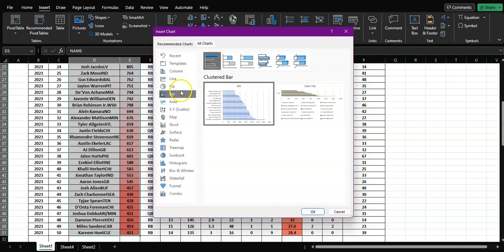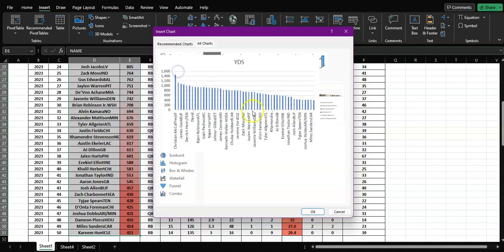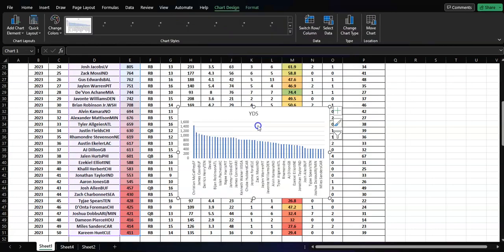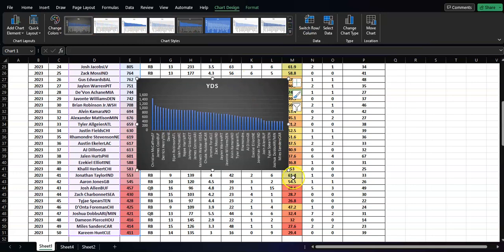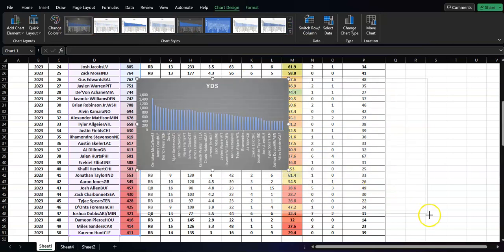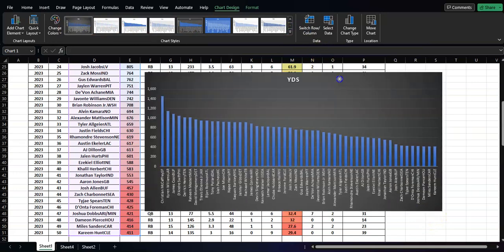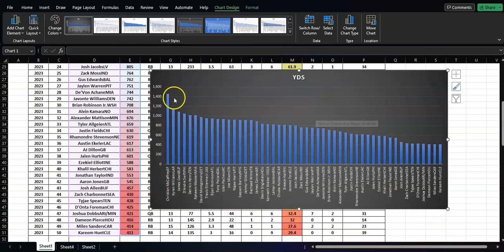I want to do a column. So we can do a column, and you get a choice up here. And so you can look across all your data and you can see how dramatic McCaffrey was, right? If you wanted to do that, there are various ways to manipulate this chart, but you can save